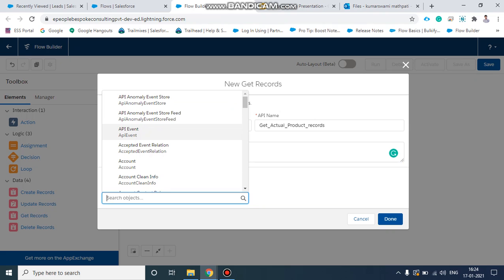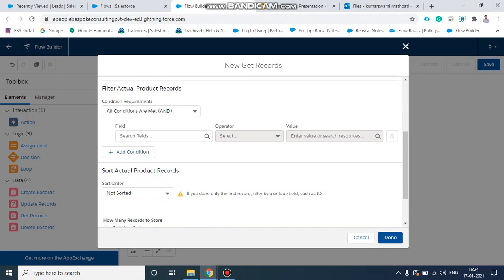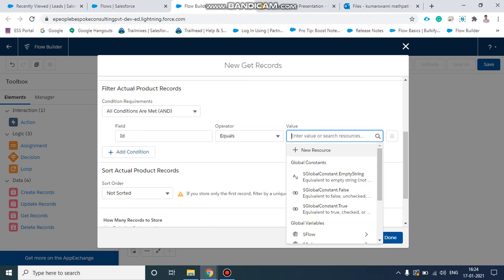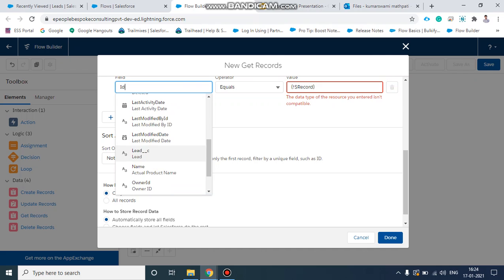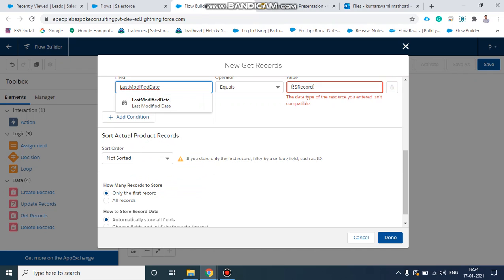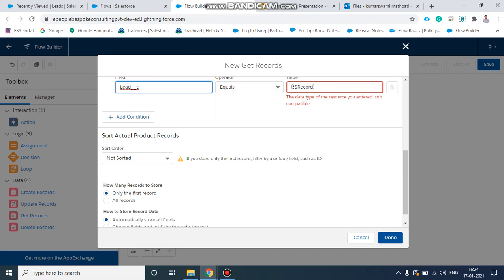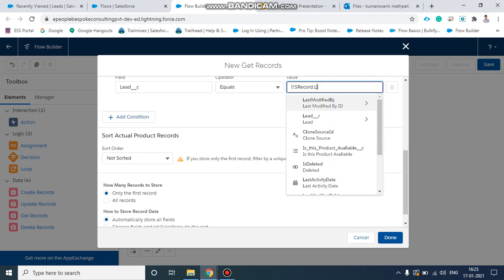We need to select an object called actual product, where we need to set the criteria, meaning the query. We will query here: lead id should be matched with the record's lead id.